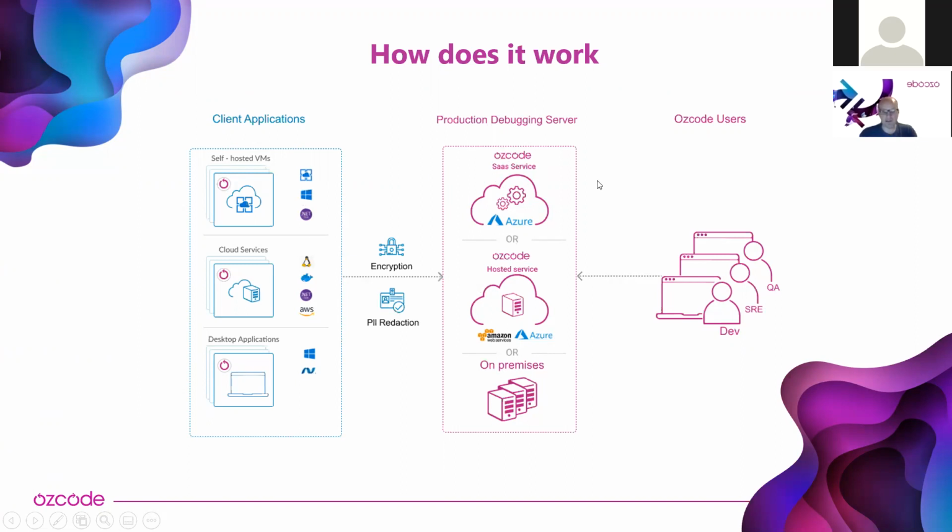further, and that happens on the production debugging server. So that's extremely comforting because I know that even if we finally realize that we need to add more things to the redaction settings, we can do that after the fact. And because OzCode Production Debugger never allows customers or developers to actually download the dump or anything of that nature, the entire debugging experience is done through the web browser. That means that A, we can redact after the fact and nobody will be exposed to that information ever again.